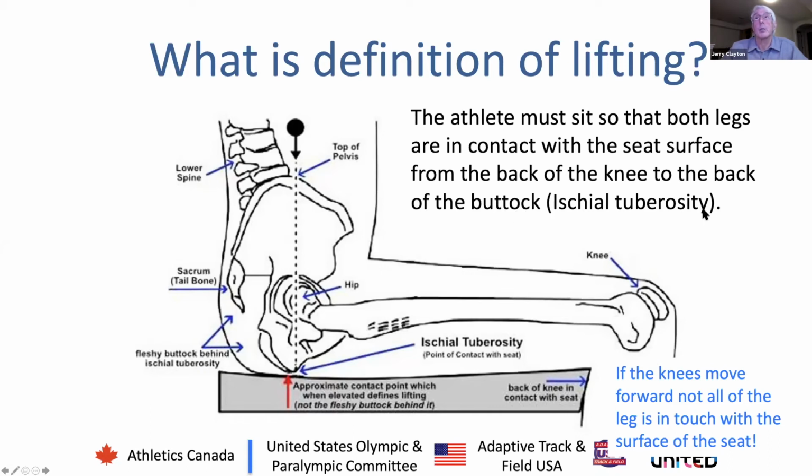It's really the ischial tuberosity. It's this bony prominence at the bottom of the pelvis. Drawing a line here from the top of the pelvis down here, it's this part right here. Can you see my arrow,